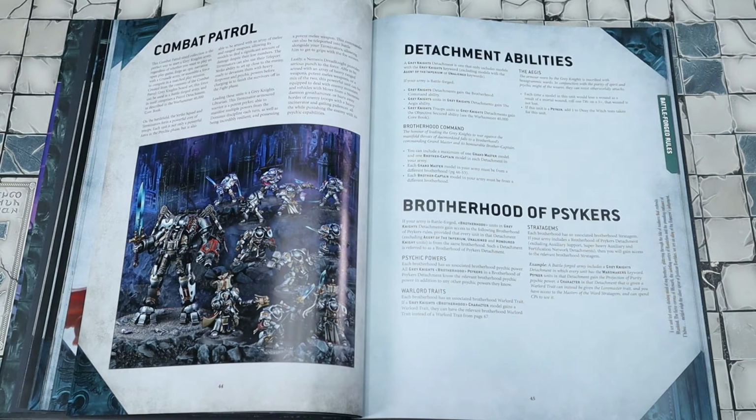They also get the 5+ feel no pain on that as well. So that's actually really nice. Normally you get no save, so any save is better than no save. The other interesting one is that if the unit is a Psyker, it adds 1 to deny the Witch test